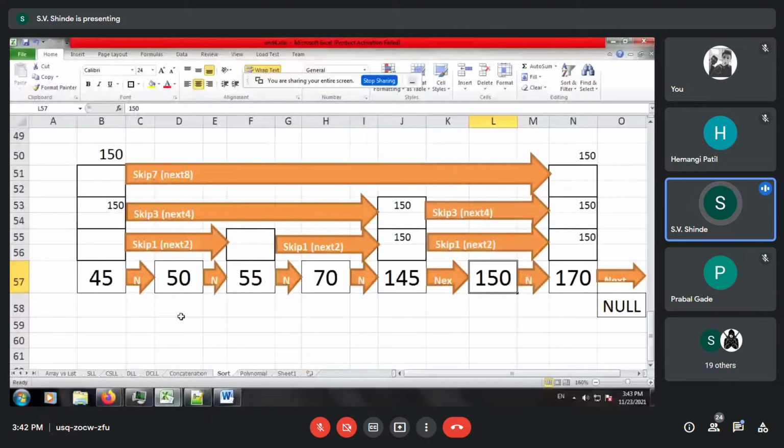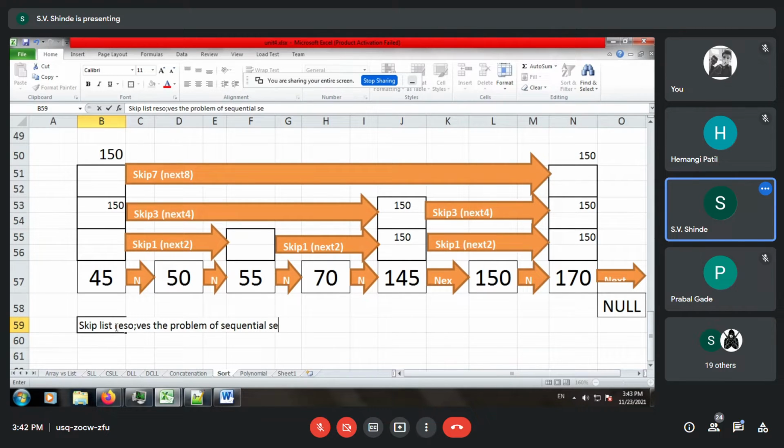So take down some points about skip list. I'll just increase the font size.